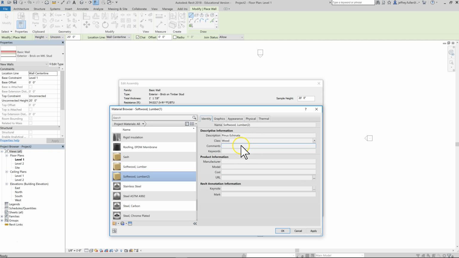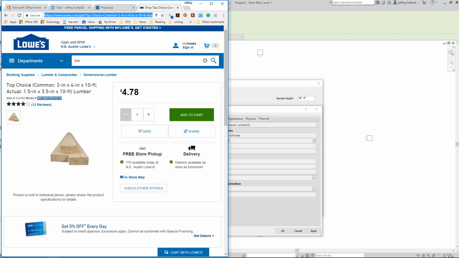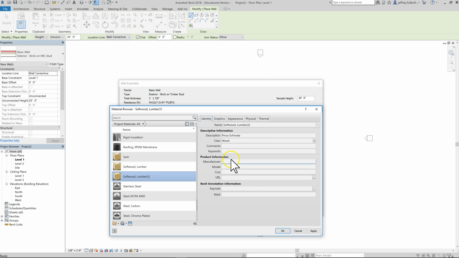Okay. And in the identity, I would go and get my information as far as the manufacturer, the model, and any kind of other measurements or anything like that, to feed it into the computer here. So I'm going to go to manufacturer, and I'll show you the information that I get. Now you'll have to go back and get some of this information that you've already gathered. But the first is top choice. This is top choice lumber. So manufacturer is top